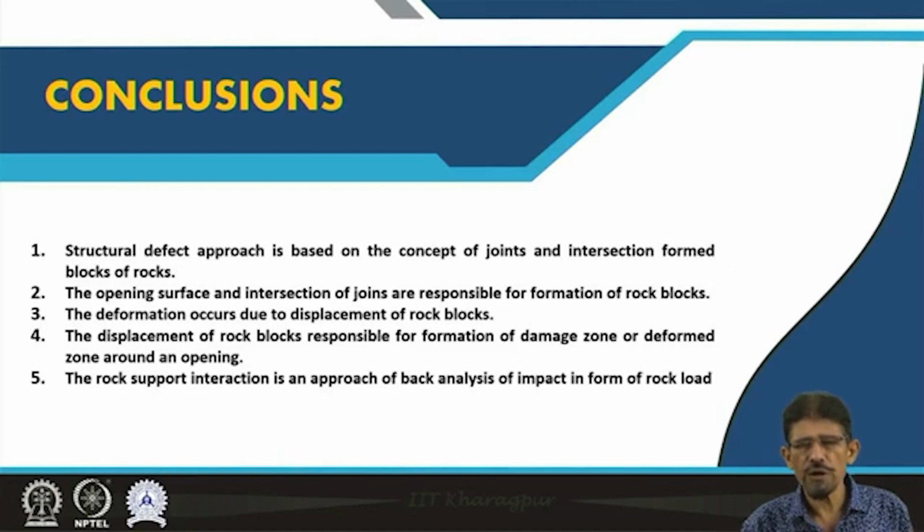The intersection of joints along the surface of the opening creates rigid blocks, where the boundary of the block along the joint shows minimum shear strength,